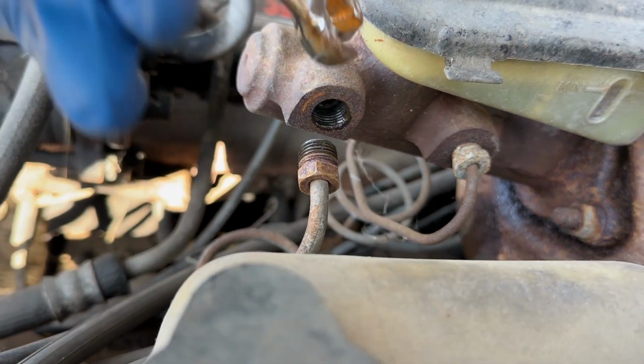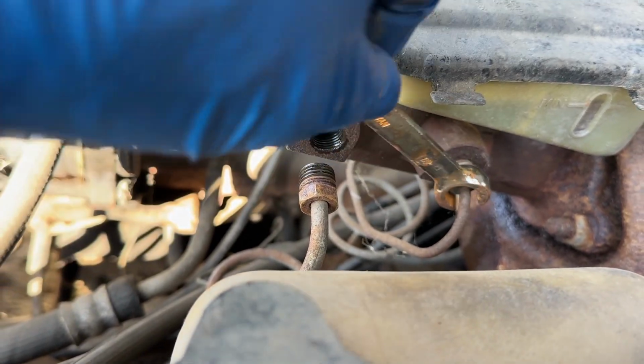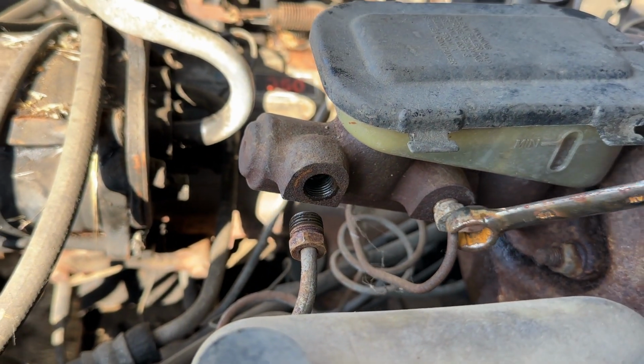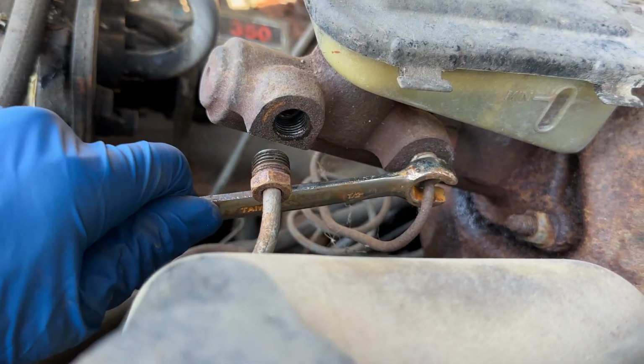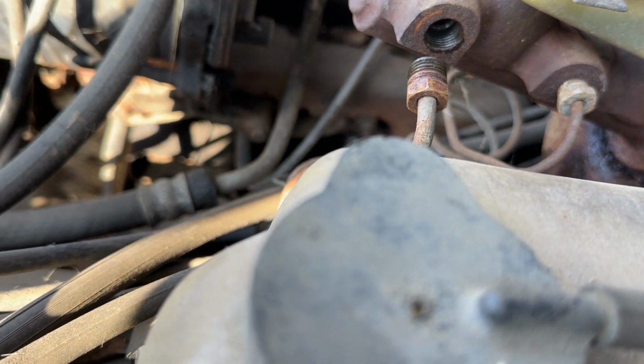All right, I don't think this is the one for the back. Check. It's hard to do this one-handed. I didn't bring a tripod up here for the phone. And I don't think that's...